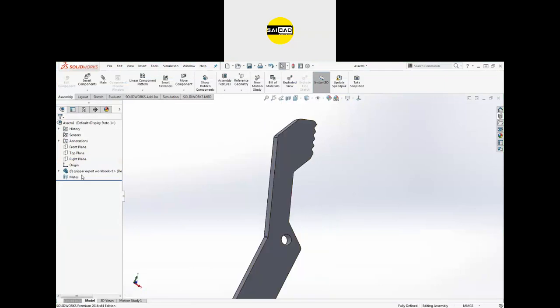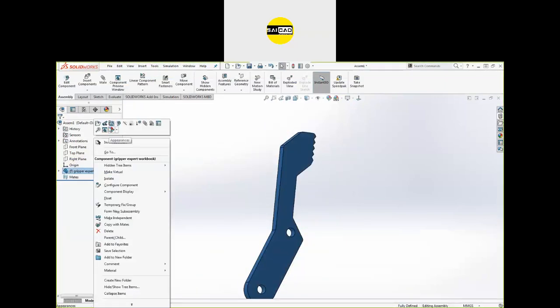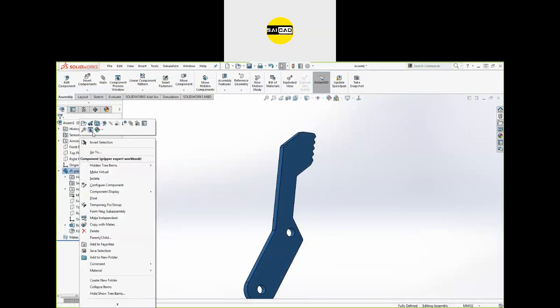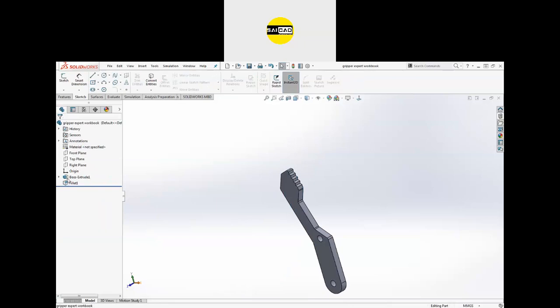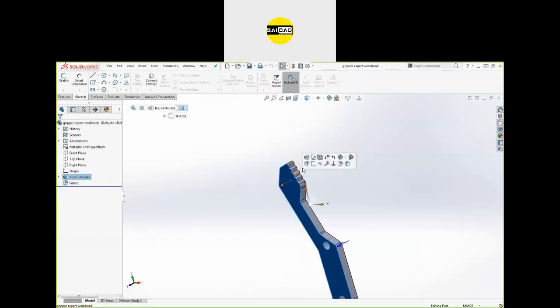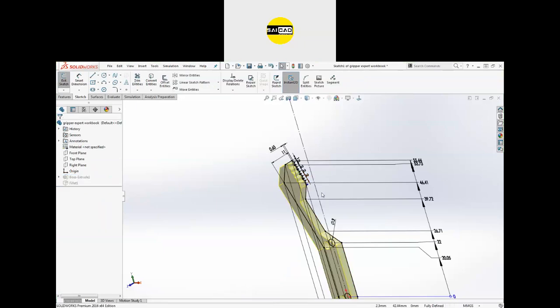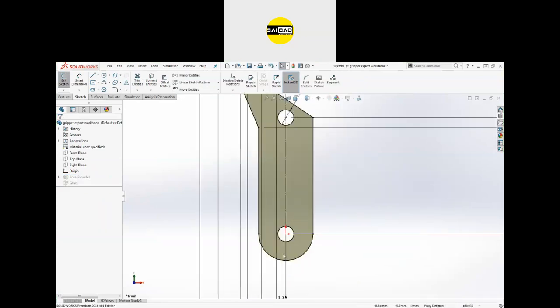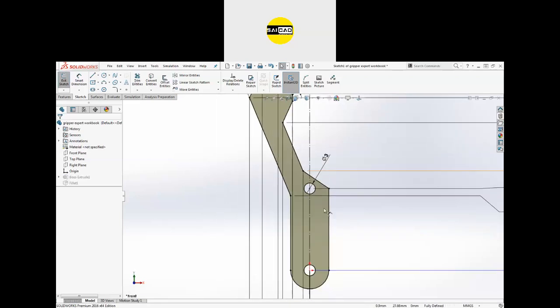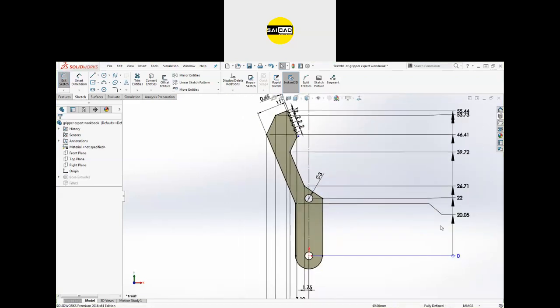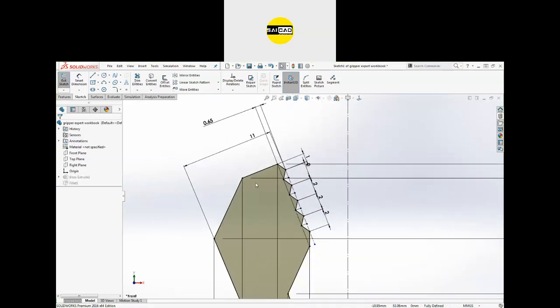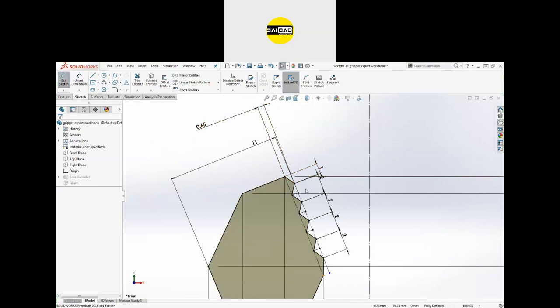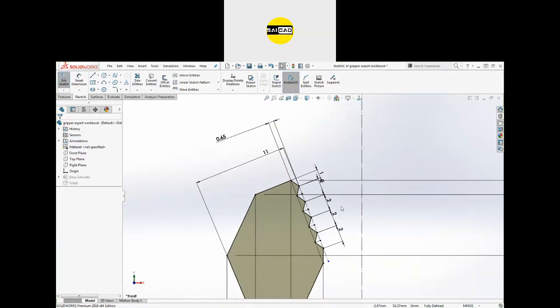You can see this is the component and it's a simple extrude. You go to open the component, and you can see only a simple extrude and a fillet applied. If you edit the sketch, okay, so here this is the sketch. This is simple: two circles, lines are tangent, heights are defined here. Then you have everything defined, just there are some over-defined values here. If you select this 0.65 and this 1 and 2, the other value will not be required.